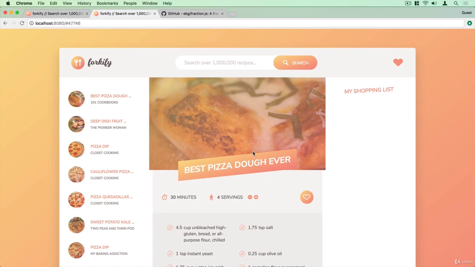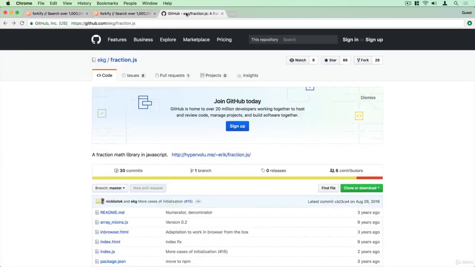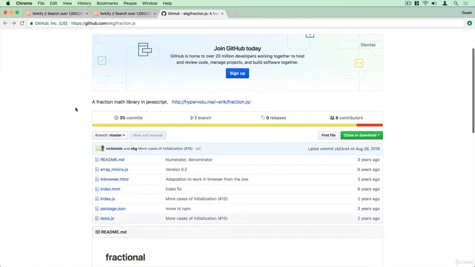Now in order to do that, we will actually use a small external third-party package, because coming up with all this code would be a bit too much for this lecture. It's a great opportunity to show you how to include external packages once more through the npm package manager. The one that we're going to use is called fraction.js, and it's just a very small, very simple